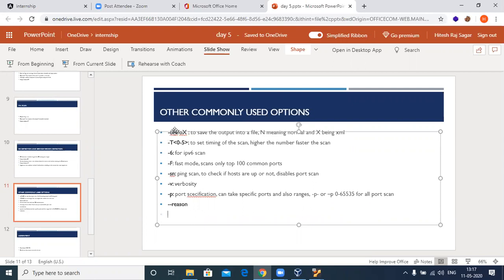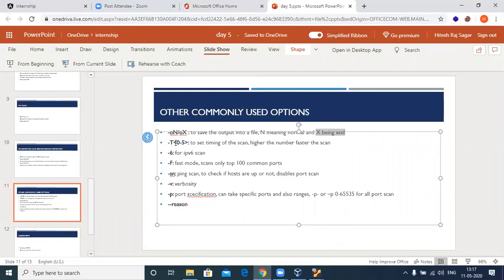The capital O gives you the OS information, whereas small o with capital N, or small o with capital X, is used to save the output into a file so that you don't have to run a scan again and again. In this, N is normal text file, whereas X is an XML file. It will store it in an XML file.